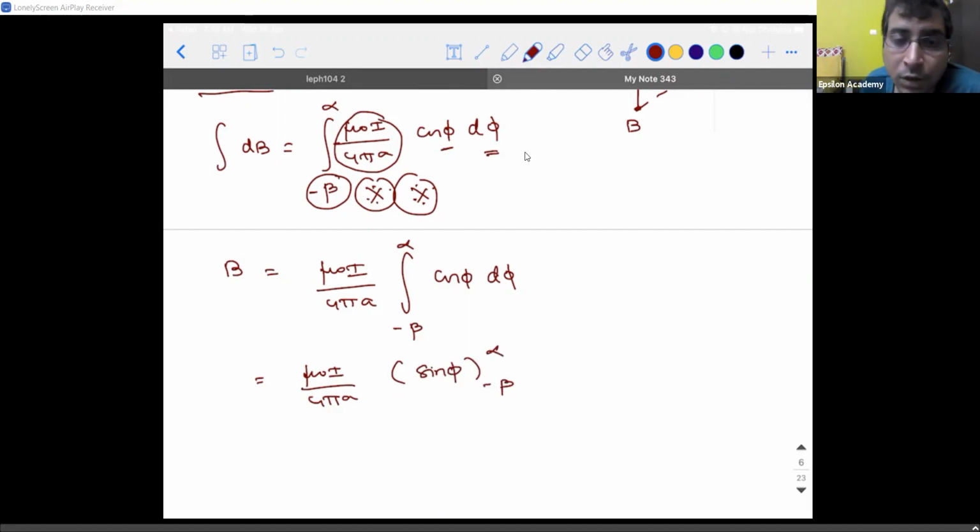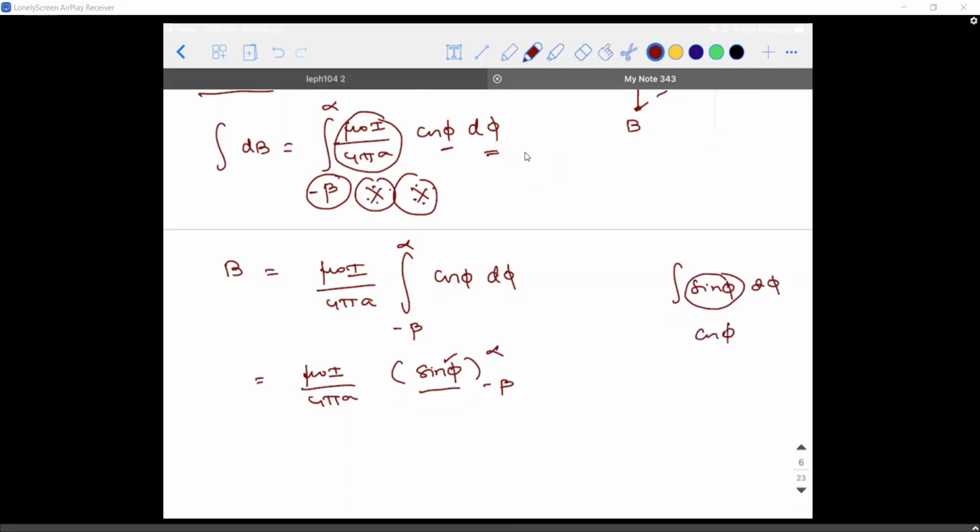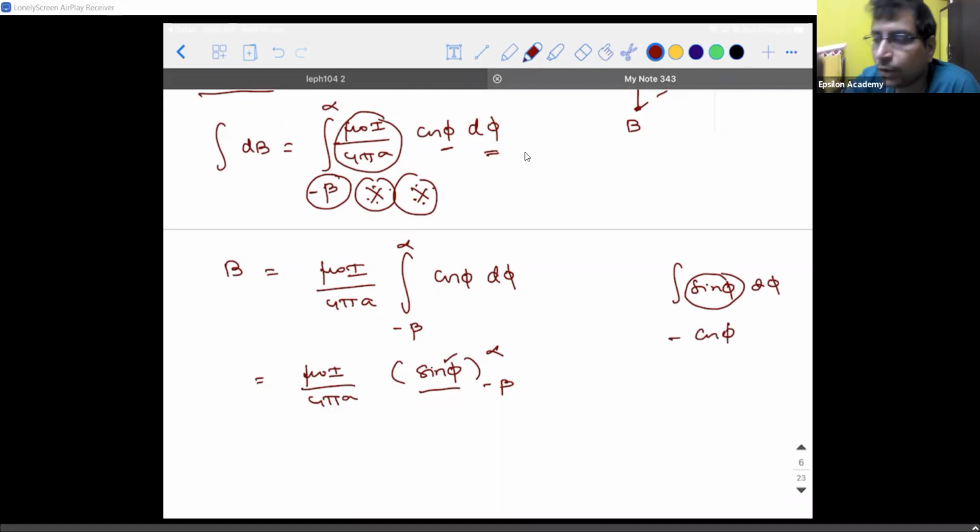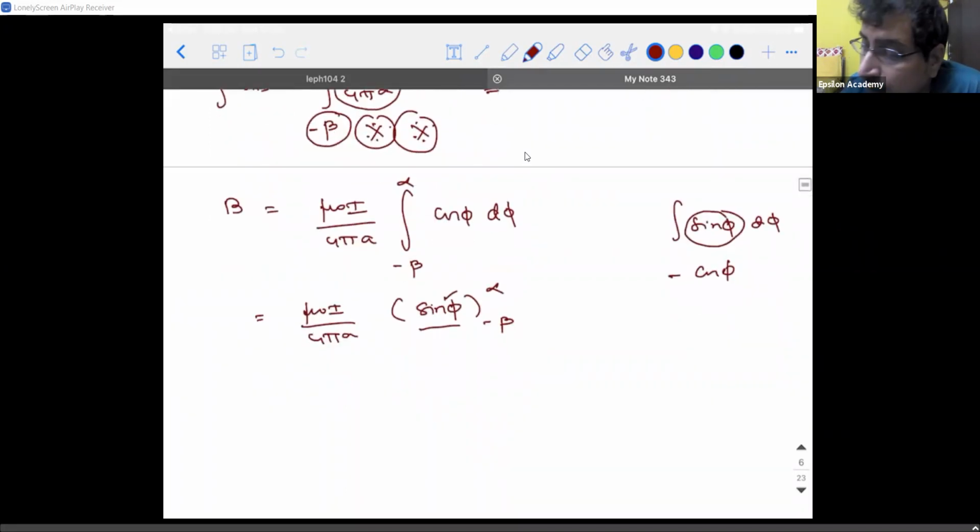Okay. So the integral of cos is sine, because, for example, I got the answer as sine, right? If I differentiate sine, I'll get back cos. That is why it is sine. Similarly, what will be the integral of sine phi? Just for you to understand, on differentiating which trigonometric function will I get plus sine phi? Cos. On differentiating minus cos, we will get plus sine. So the integral of sine is minus cos. Anyways, you will learn it in your math. That's a different story, but have this clarity in your mind.